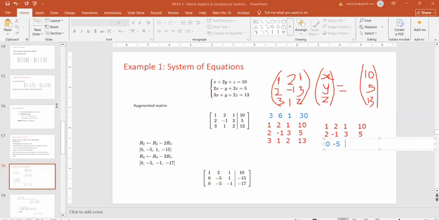So I said 0, 3. That is row 3, row 3 minus 3 times row 1. This is the 3 times row 1 now. So that makes 3 minus 3, 0. 1 minus 6, minus 5. Then